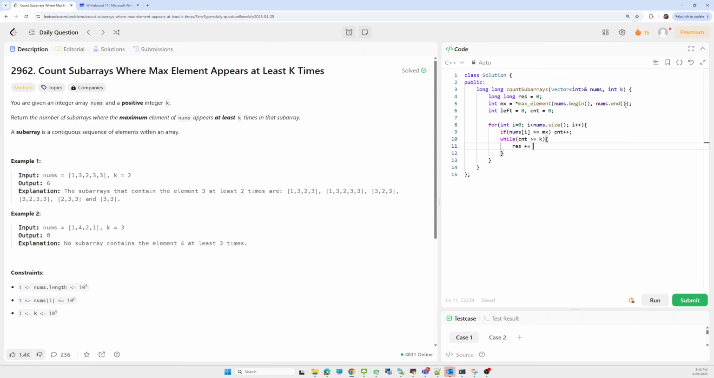So the resultant is nums.size minus the current index. Taking that difference, using the current combination of the current subarray we can form that number of subarrays. Now we have to move the pointer to the left. If left is less than or equal to I and